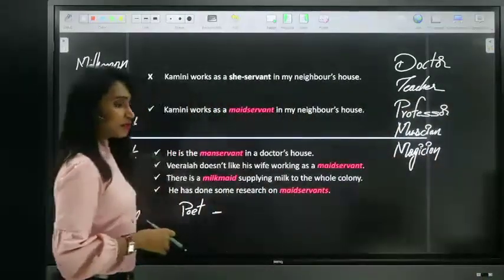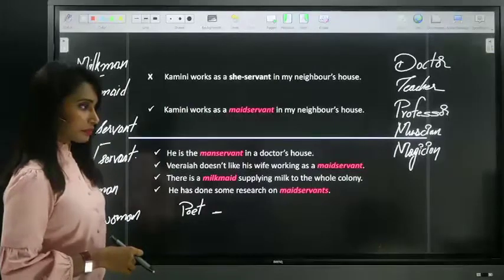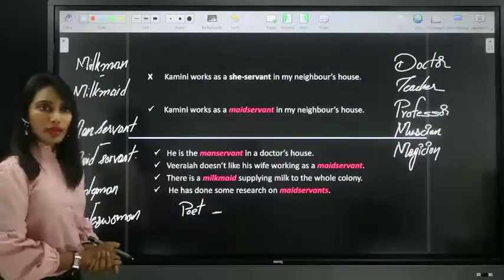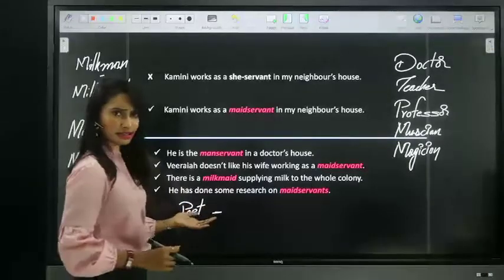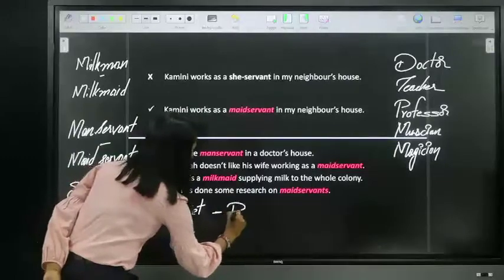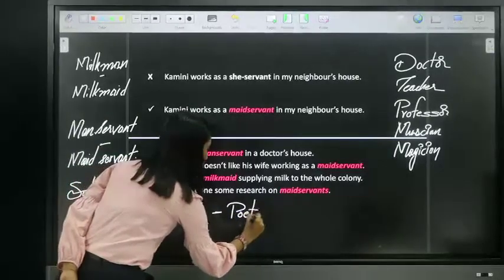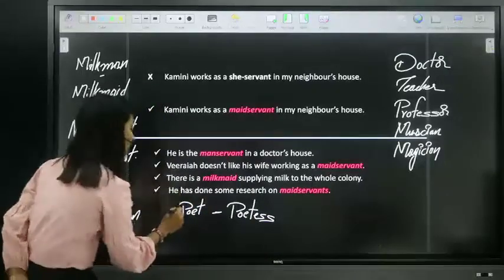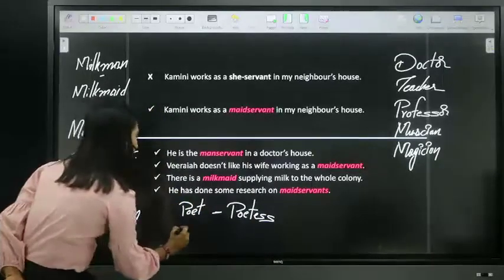Anyone? We have discussed this yesterday. Good. Swapna? The feminine form for poet is poetess. Yes. And the feminine form for actor